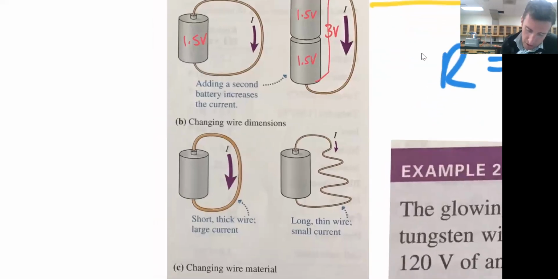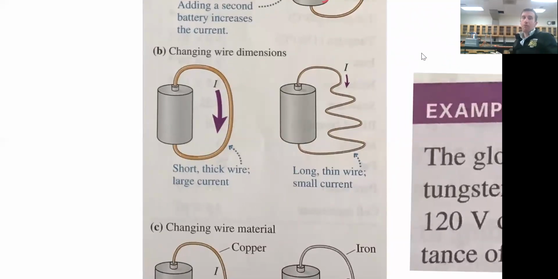Another thing I could do to change the current would be to change the resistance of the wire. So a short, thick wire has very low resistance, which means the current is going to go real fast. Big current through an easy to go through wire. A long, thin wire is going to be harder to get through. Think of these as like pipes. If you have a really itty bitty tiny pipe, the water doesn't have much space to get through, and so it's going to go a lot slower. And so the current is going to be a lot slower. So we're going to get less current in a more resistant pipe, more resistant wire, by making it longer and